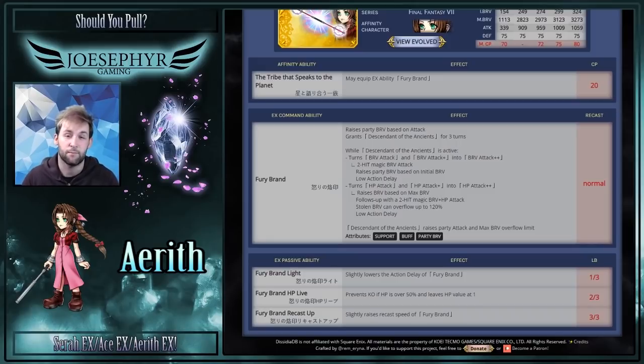And that's granting a buff that raises the max bravery overflow limit for the entire party. Now, like I said, we'll see more of this later down the line in the EX Plus era, but it's definitely a buff that you're going to want for your party, at least at some point. But basically, Fury Brand itself just raises your party's bravery. That's it. But it grants a buff called Descent of the Ancients, which turns her brave attack and her HP attack into plus versions of themselves,